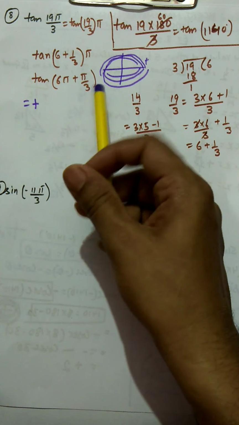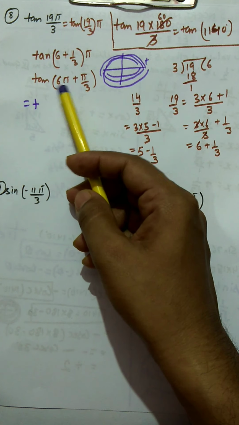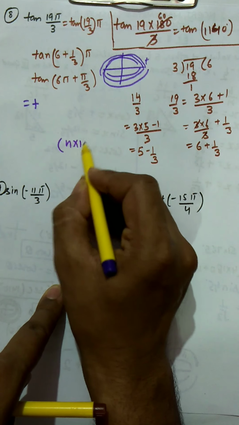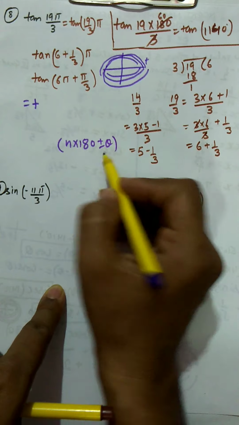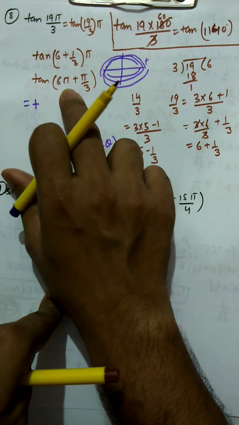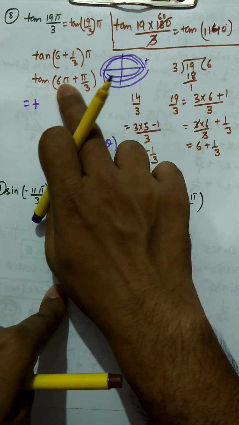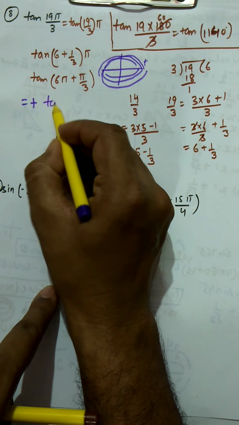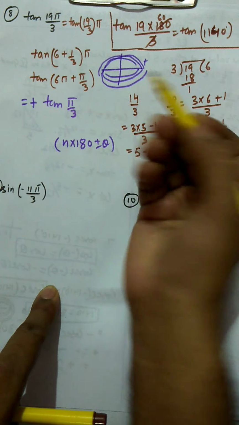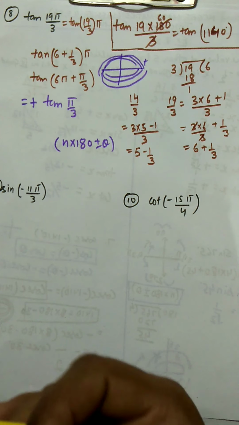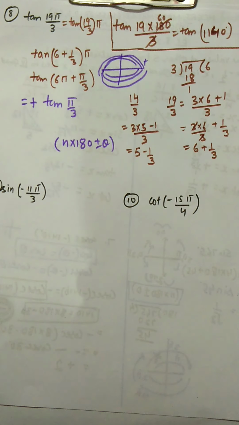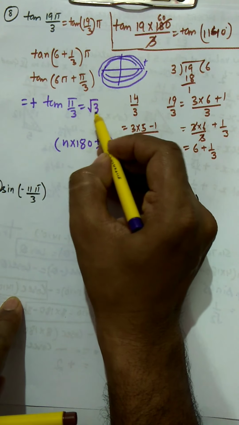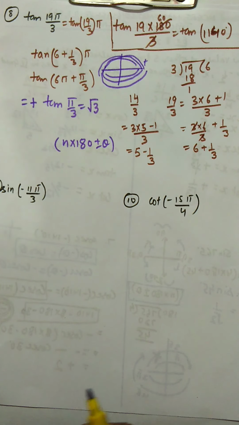And base is pi. And you can see that base is again that form that we discussed. This is n into 180 plus minus theta form. So you can simply say this is 180 into 6 plus pi by 3. So your answer is going to be this 10 pi by 3, and 10 pi by 3 means 1060, and 1060, the value 1060 is root 3. So your answer is going to be plus root 3.